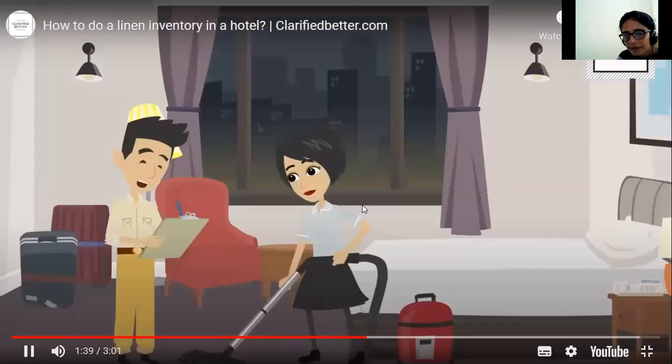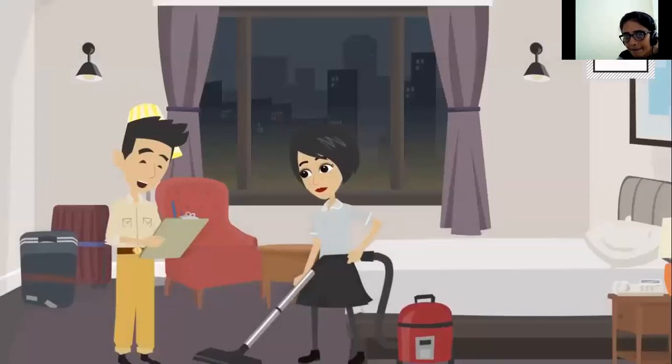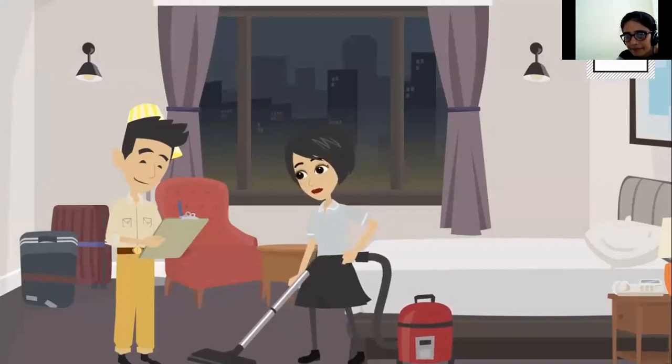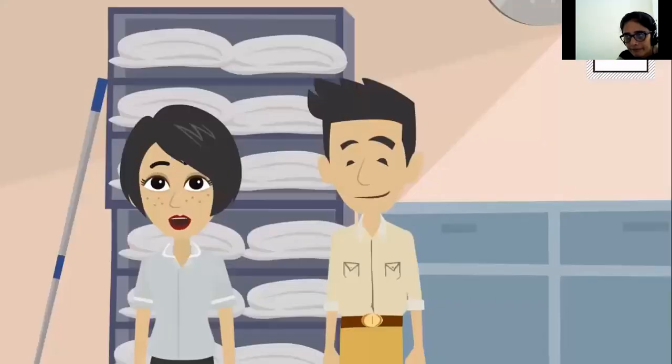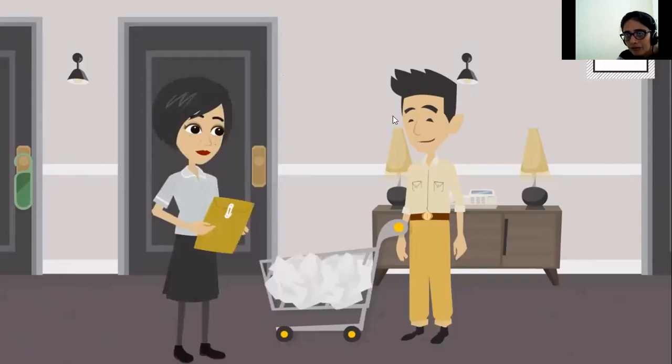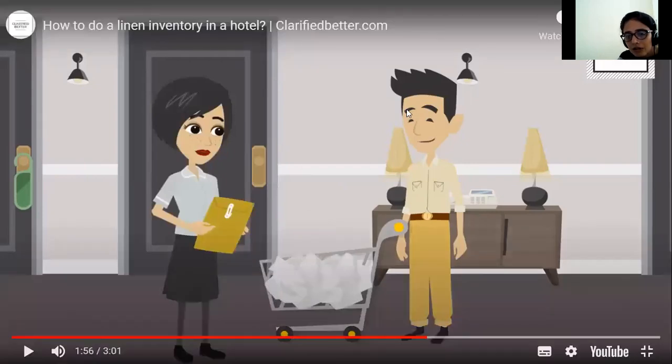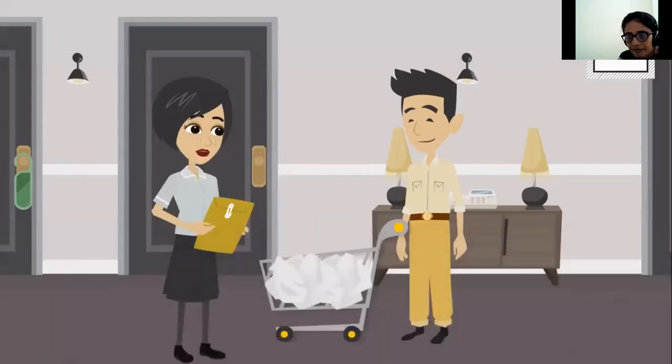I have counted all the linen in this room, including the bathroom linen. This is our last room, so tally up all the linen and I will sign on it. We also need to count the linen that is kept in the floor pantry. All the soiled linen kept in the pantry also has to be counted while we are doing the inventory. It will be counted by the linen room, so we need to return this to them.